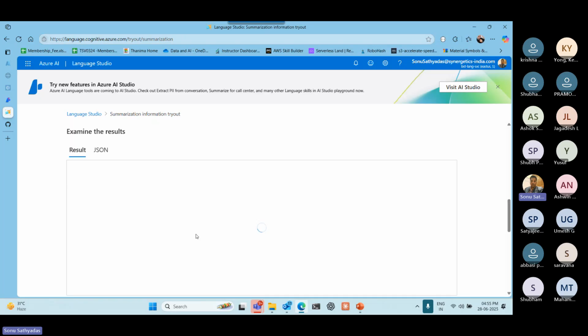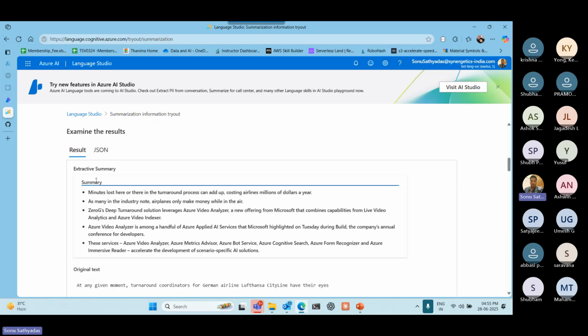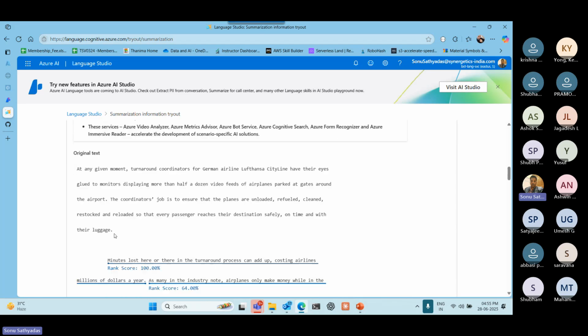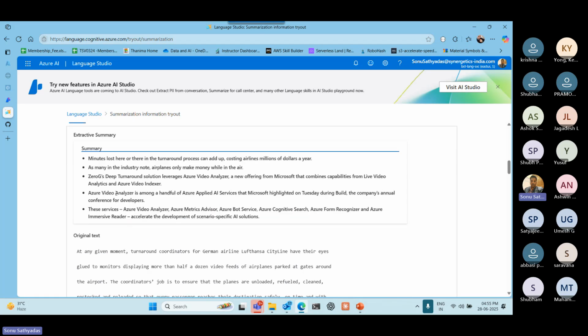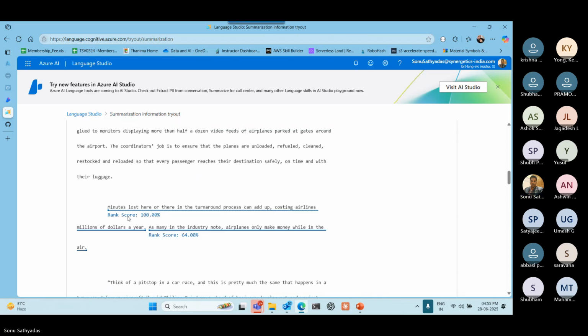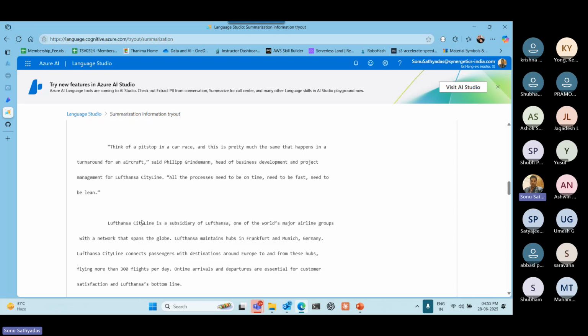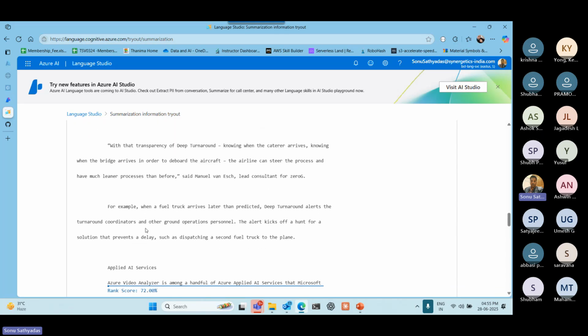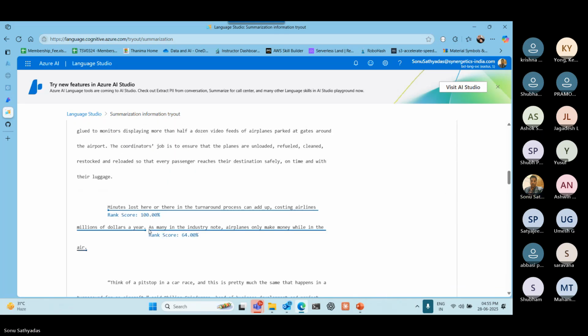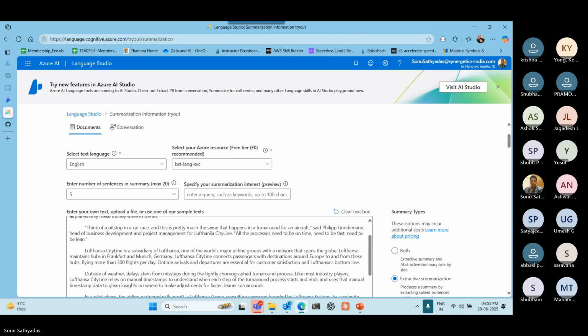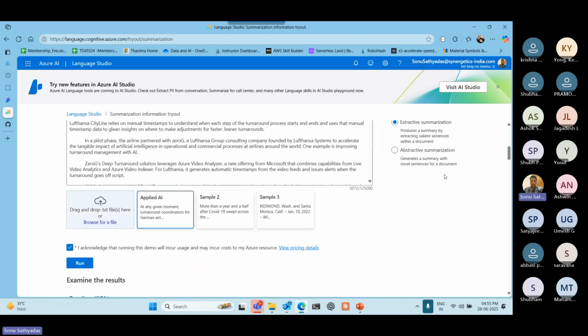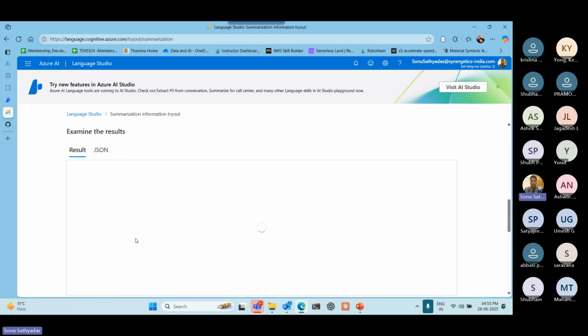So it's going to generate an extractive summary. You can see this is an extractive summary of that particular text. This is the original text, but it is taking the key points from here and generating the summary. But if I use abstractive summary and run this,